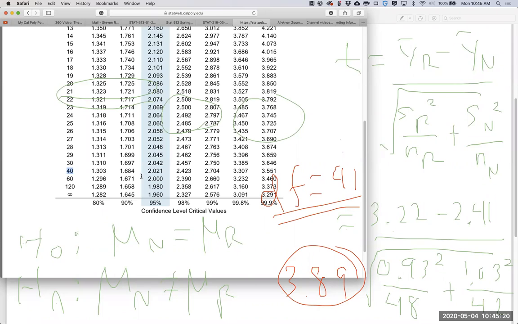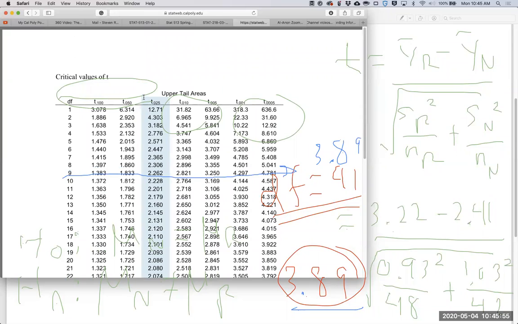As we move to the left in this row entitled 0.40, I'm spotting 3.89. So my upper tail area is